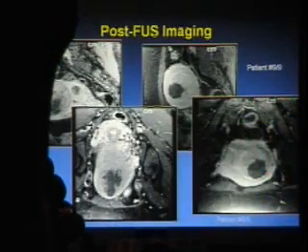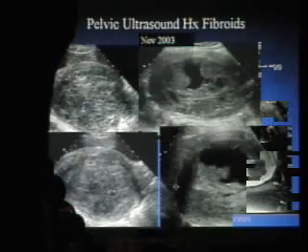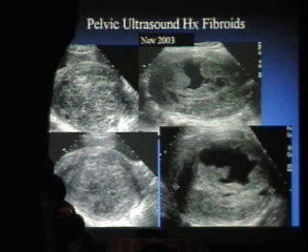Post-focused ultrasound imaging, you may see these, even if you're not actually doing focused ultrasound someday. So post-necrosis, you can see these little black holes, depending on the volume of tissue that was ablated at the time of the treatment. One thing I would caution you about if you're doing pelvic ultrasounds is to really try to look back a little bit. I know this is very difficult because every other woman has a fibroid uterus, but this is an illustrative case where you can see two ultrasounds in the same patient,